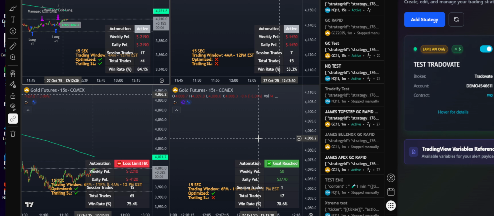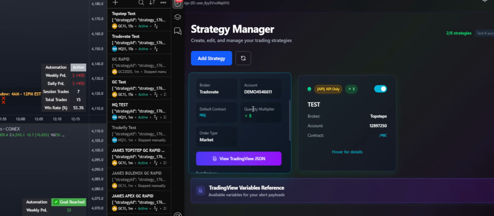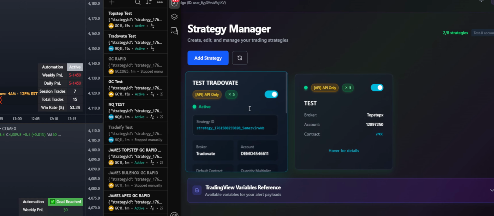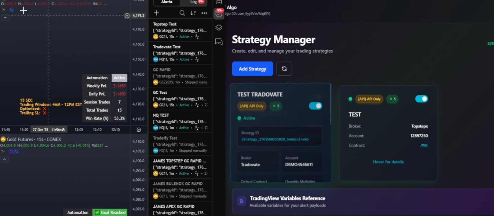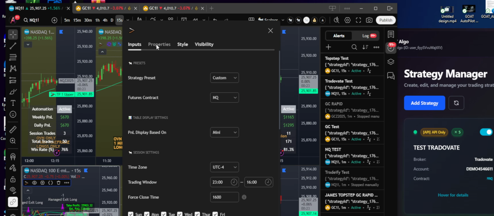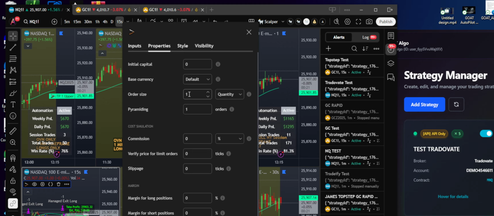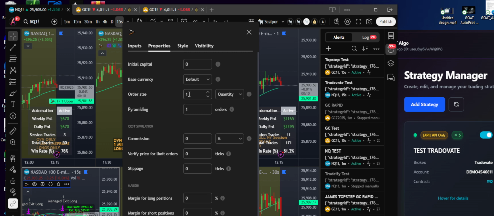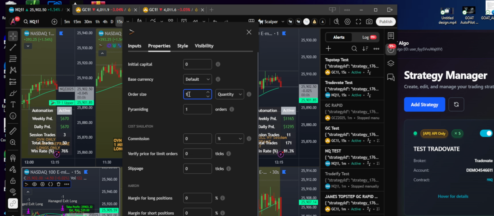But let's say, for example, you're on Tradovate, right? And you're trying to execute 30 contracts or even like 100 contracts if you have 20 Apex accounts, for say. You want to make sure you set this, change the contracts in here, go to properties, change the order size. So change it like, if you have 20 or so and you want to execute basically 5 contracts each, you probably have to do around, I think, 250 contracts. So we don't even have that many strategies in there. So if you want to do 250, you're going to have to do basically,